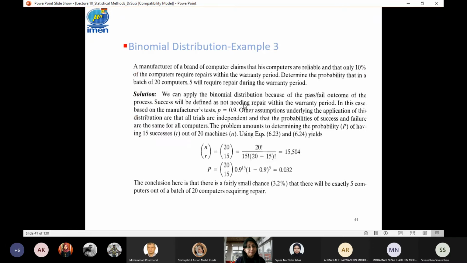Okay, let's look at an example. This is a manufacturer of a brand of computer. He says his computers are all reliable and that only 10% of the computers require repairs within the warranty period. So the question: determine the probability that in a batch of 20 computers, 5 will require repair during the warranty period. So we use the binomial distribution, and again,